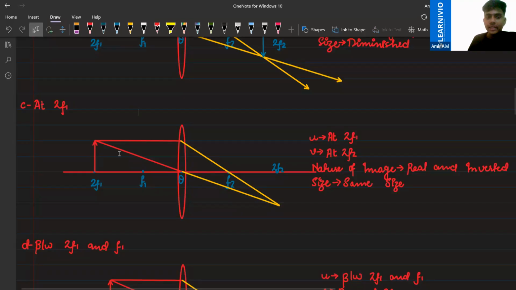See this thing. So object is at where? At the point of intersection, that is at 2f1, 2f2 sorry. Okay. So what would happen basically was left has left. So the object